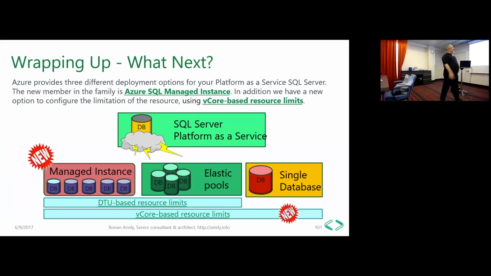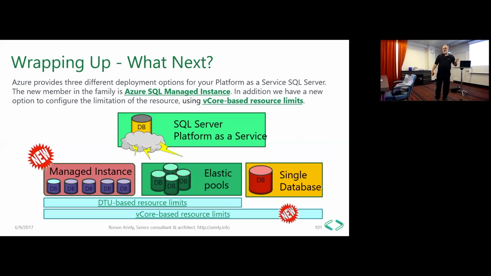I started the presentation with this slide, and I like to do a 360 and come to the same point. This is a good slide to close, because here we have two more features which I mentioned. First of all, we have the option to use Managed Instance, which is a new option to deploy our databases.